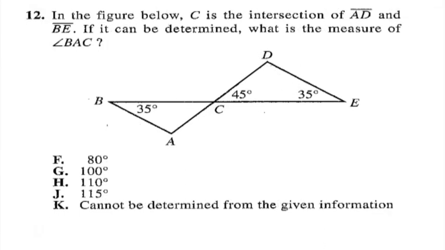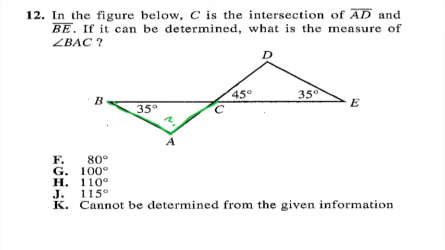Number 12. In the figure below, C is the intersection of AD and BE. If it can be determined, what is the measure of BAC? So we want to look and see. They want this one, BAC. This is one of those times they didn't put the question mark or an X there, but that's what they're